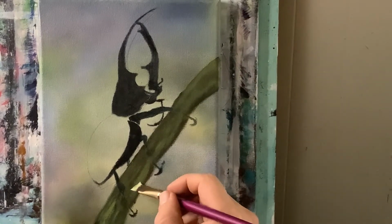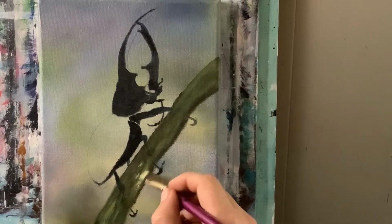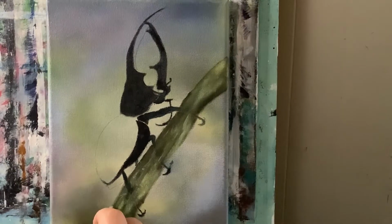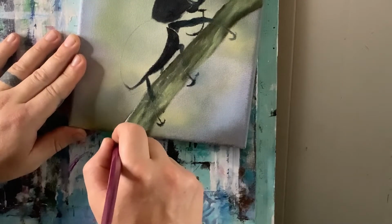Okay, no cleaning necessary, picking up more yellow and white, and as you can see, it's brighter and more vibrant. And let's hit some highlights and build some more texture with this. Okay, and more white now, no yellow. You can see it's a lot brighter here, and I want to make some very bright highlights here and there,